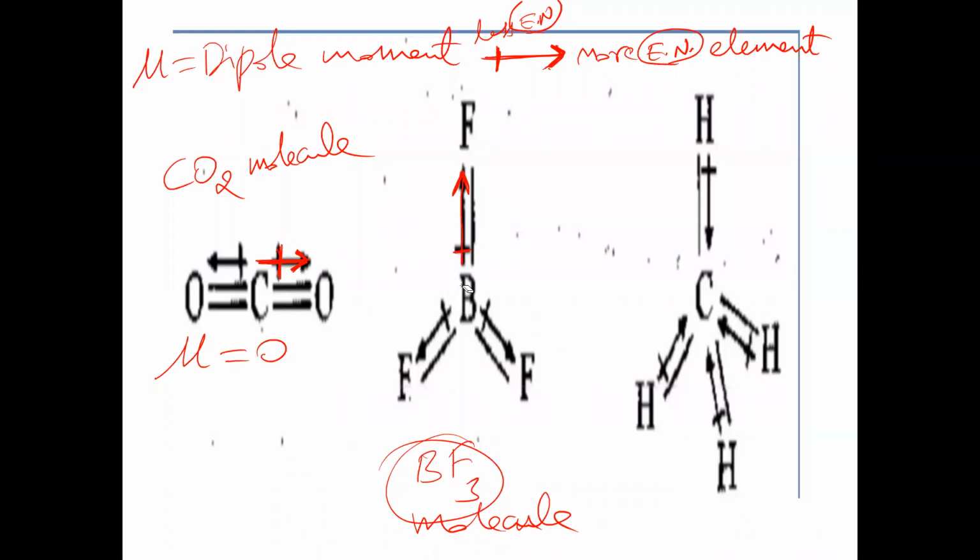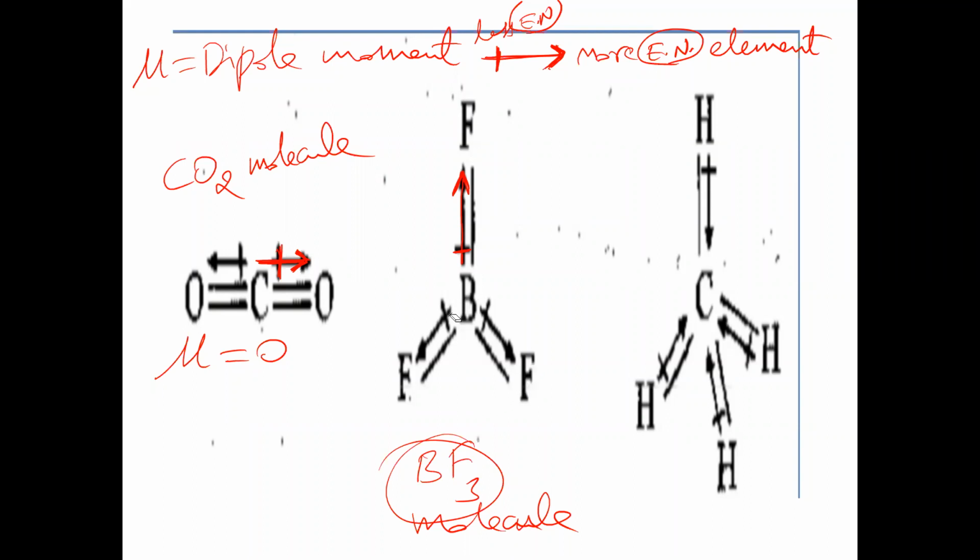And the crossed tail is towards the less electronegative element. Why is boron the central atom here? Again, boron is less electronegative than fluorine. That's why boron is the central atom. The central boron is forming 3 bonds around it, but each fluorine forms only 1 bond. And already I told you that fluorine atoms and hydrogen atoms can never form the central atom, because of their very small size.